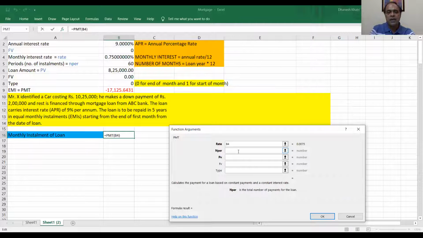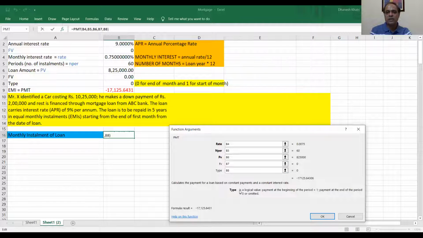NPER. NPER is number of periods, that is number of installments. So that is in B5, that is 60. PV, that is loan amount, that is in B6. FV, which is 0, that is in B7. FV means how much loan we want to keep outstanding by the end of 60th installment. And type will be 0, that is in B8.